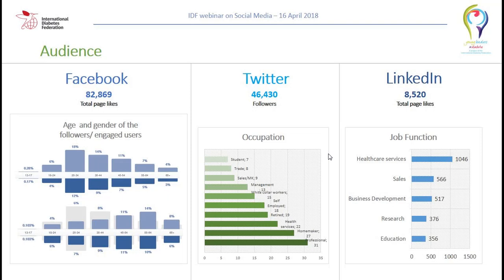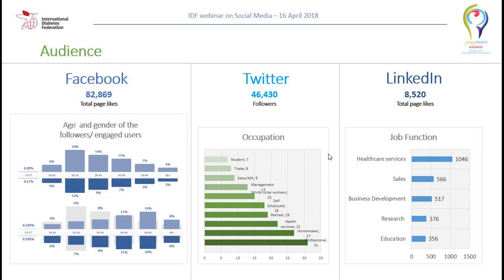So when we talked about social networks in the other table, there was a column that explained the public we reach and the public that follow these social networks. And here we have a detailed explanation and briefing about the people that are following us on Facebook, Twitter, and LinkedIn, and people that are engaged. Not only do we use social media to pass on our information and transmit the goals and values of IDF, but we use it to collect data and information about our public. Because if we know our public, we know how to reach them,